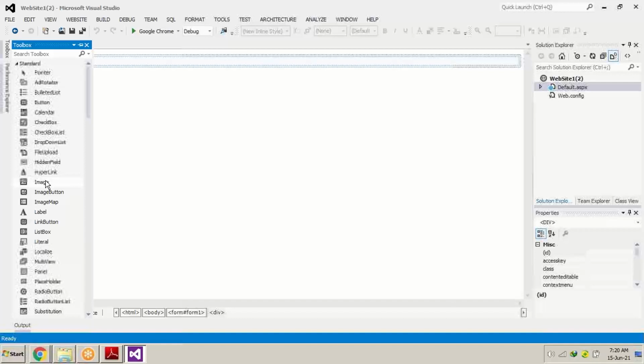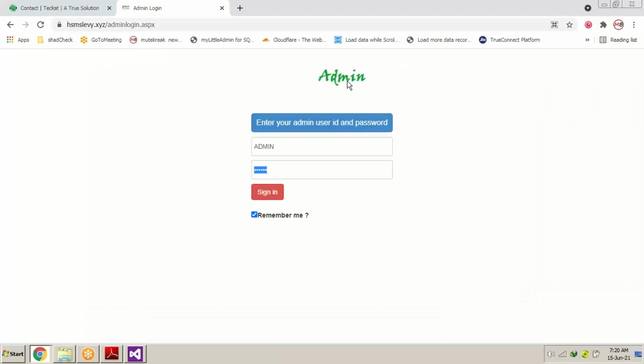Only drag and drop? No, Neeraj, you cannot just drag and drop and create. If you just drag and drop, remember, it's going to work on a web page. There is a process to design the entire page. So as you can see over here, on the login page, the admin heading is written on top in the middle of the page: enter the admin user ID and password.